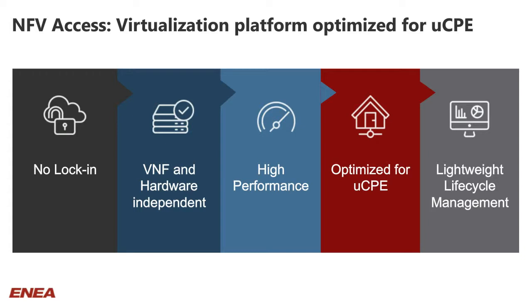But then there are 2 others that are very important, and this is VNF and hardware independence. Hardware independence is important because it allows us to work through best-in-class partners like Lanner, and together enable CSPs, operators, and enterprises to select the right hardware for the right application. We're not selling our own hardware, not pushing our own agenda. We're just allowing them to pick the right box for the right use case. It might be Intel, might be ARM, might be large, or might be small. We'll support them all.